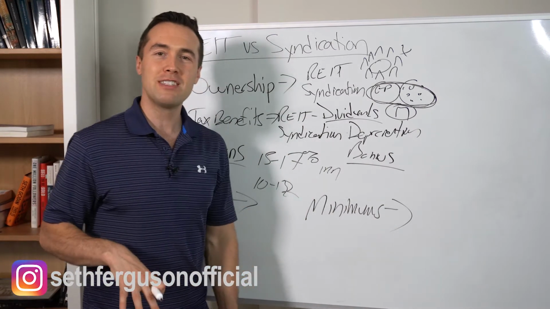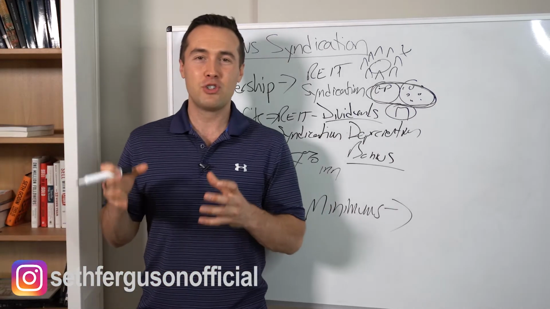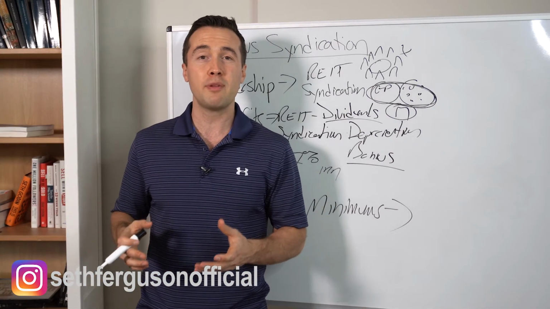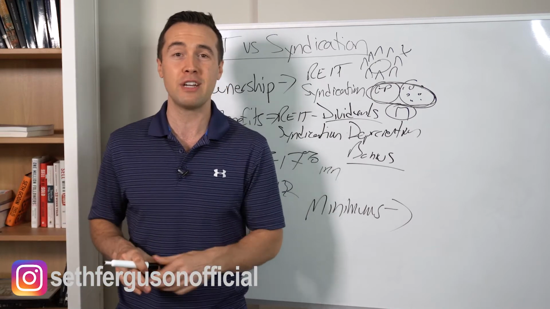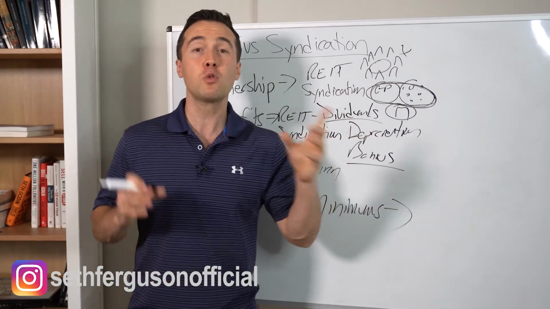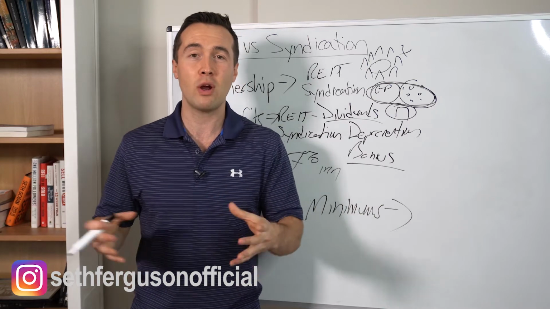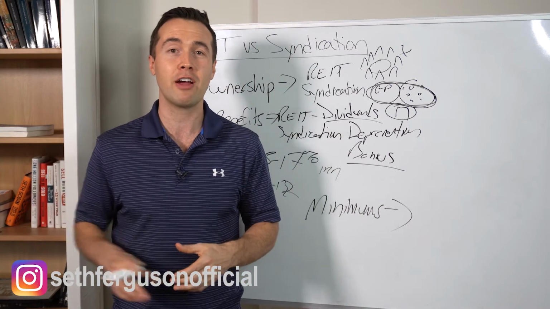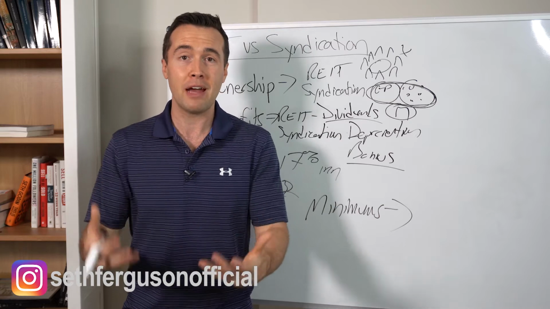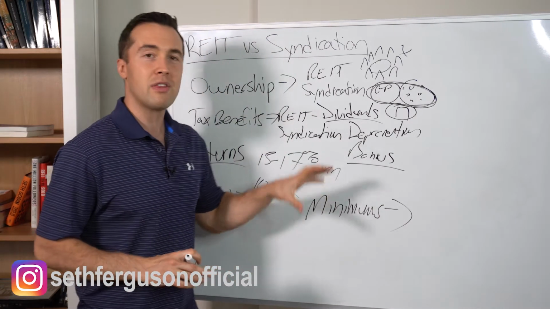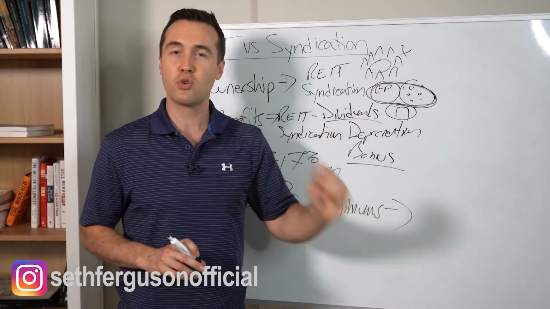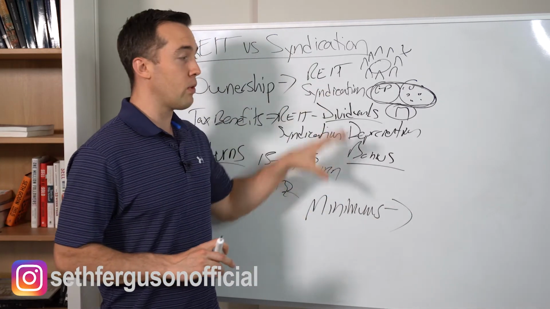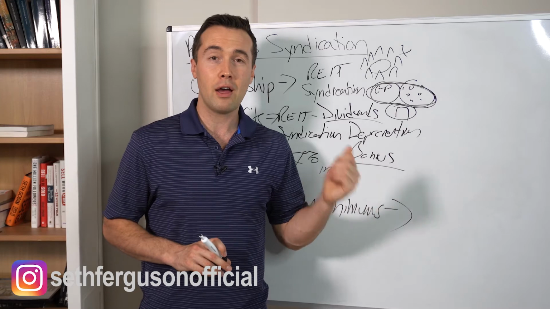With syndications, it's a little bit different. Generally speaking, most syndicators are going to be working in the exempt market, so that's working with accredited investors. And I'll put a link right up here to my video talking about what makes an accredited investor and what criteria you have to meet to become an accredited investor. So we're dealing with a different class of investor. Somebody who just wants to buy stocks and trade stocks, well, you can buy a REIT and you can get in for a pretty low threshold.